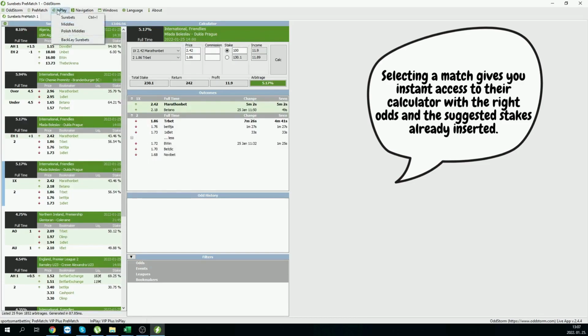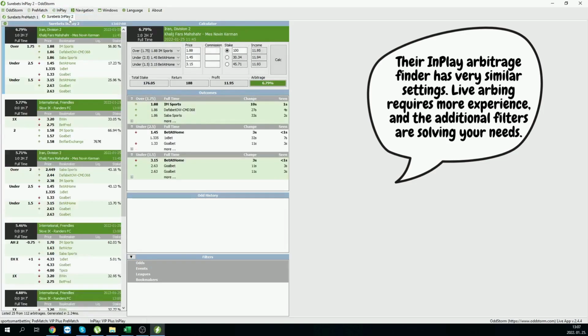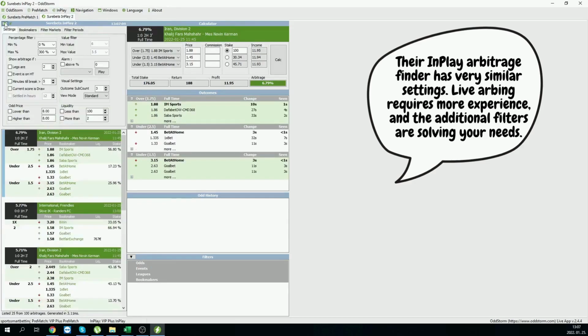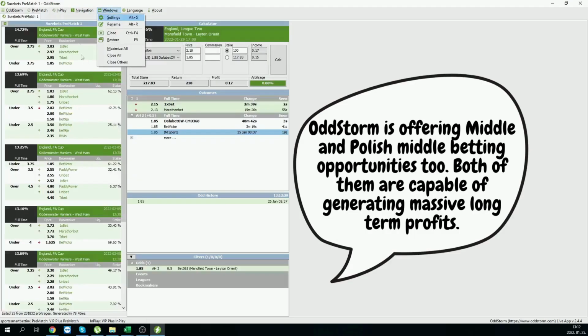Their in-play arbitrage finder has very similar settings. Live arbing requires more experience, and the additional filters are solving your needs. The navigation tool is available only in the Premium Plus membership, but it can drastically increase your profits in the long run. It is automatically opening the bet slip on the right match. You can learn more about this in the detailed video